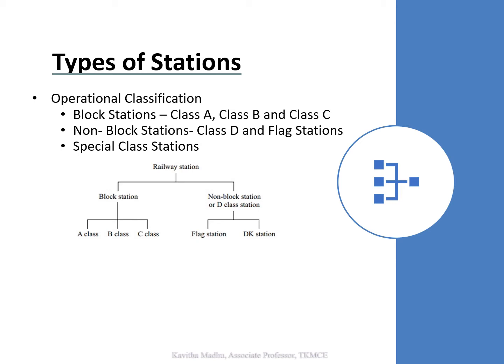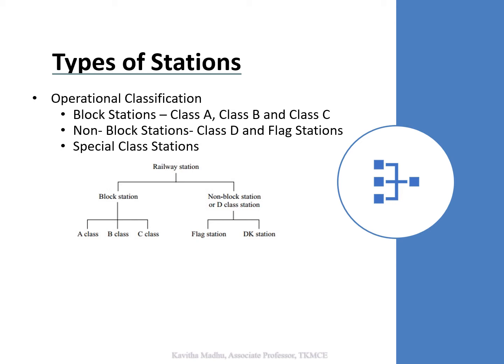So there are three types coming under that: class A, B and C. Let's consider class A. It's a station where the line has to be cleared up to an adequate distance of 400 meters beyond the home signal for giving permission to an approaching train. The minimum signal requirements are: it should have a home signal and it should have a starter signal, and home signal should be associated with a warner signal before that.